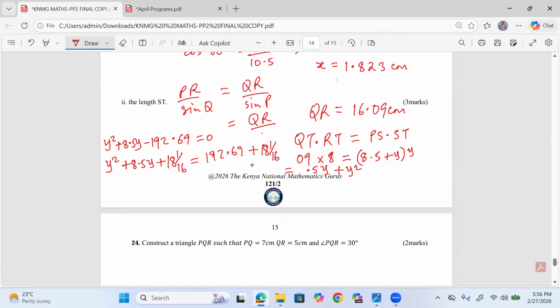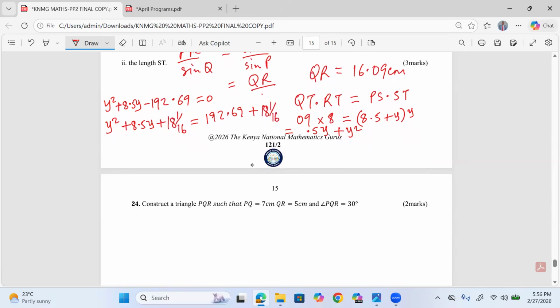That is (b over 2) squared, like that. So now we can factorize the left-hand side to have (y plus 4.25) squared, that is the factorized, equals to,